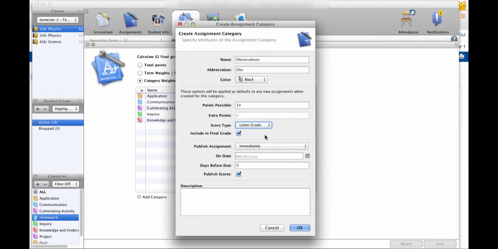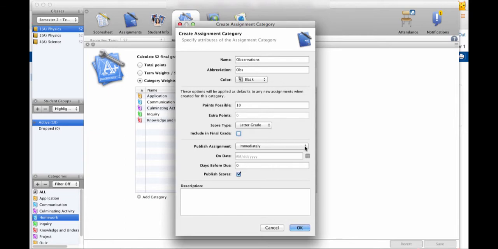So I'm going to actually change this to letter grade because I don't want this to be a mark out of 10. I want to be able to leave some sort of descriptive letter grade. So for observations, you might consider something based on competency. So maybe a student is a novice, or they're proficient, or they're an expert. And in a later tutorial, I'll show you how you can set up codes for those things if you're interested. And for now, I'm going to say I don't want the observations to be included in the final grade, as that I want that to be the default. It can be changed later, but just as a default, I'm going to uncheck that